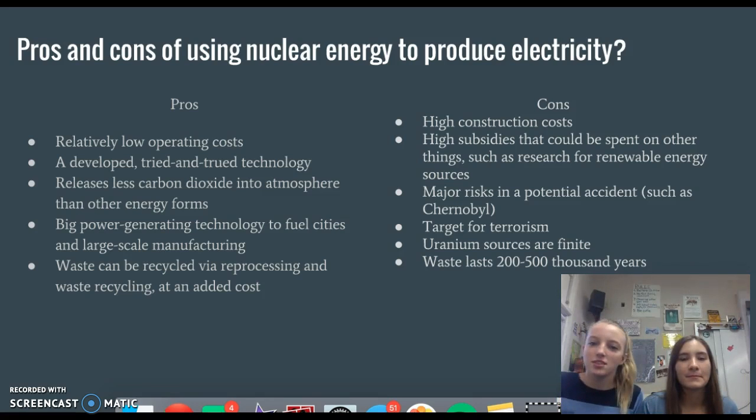Okay, and the cons of using nuclear energy to produce electricity is there are high construction costs and high subsidies that could be spent on other things such as the research for renewable energy sources. And there are also major risks and potential accidents like